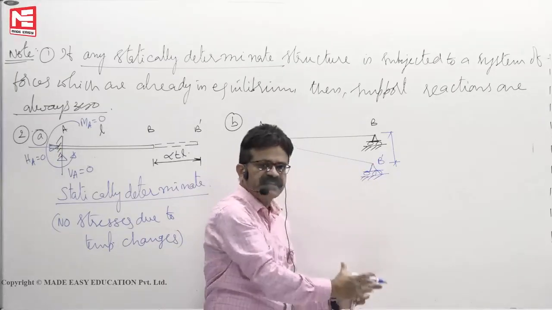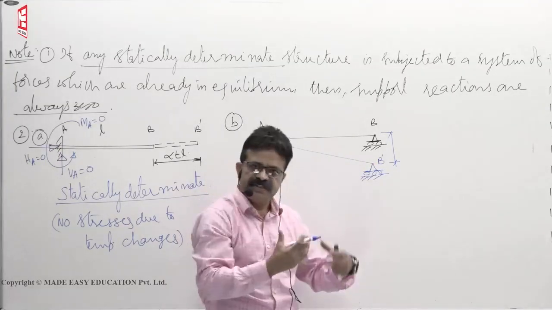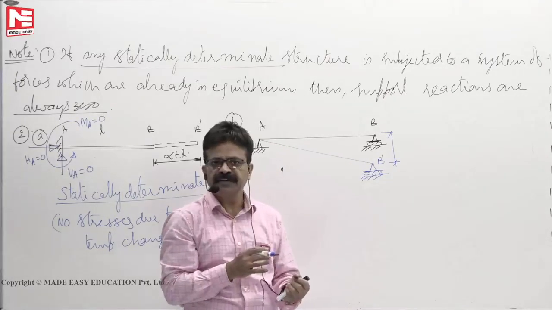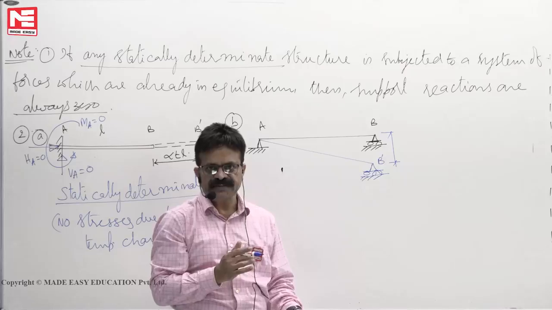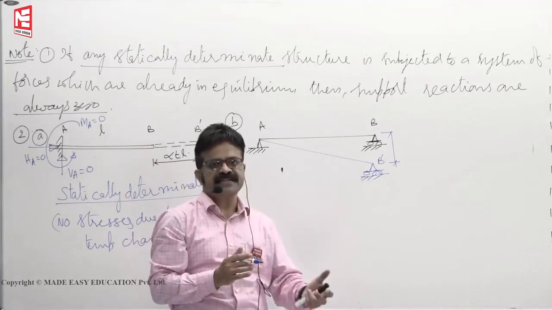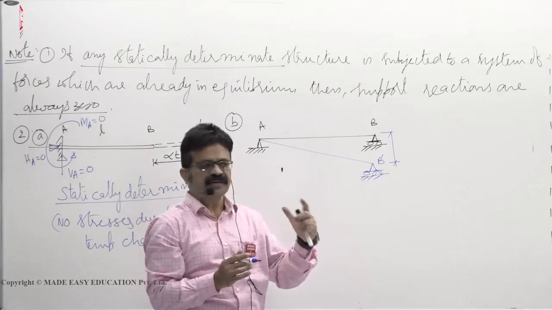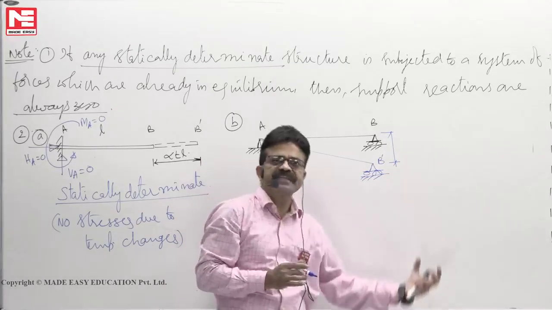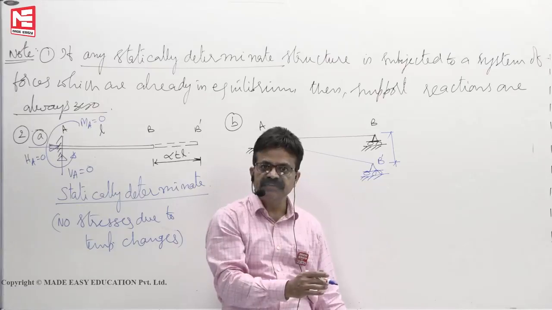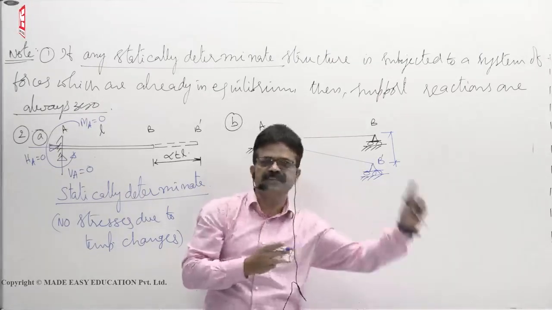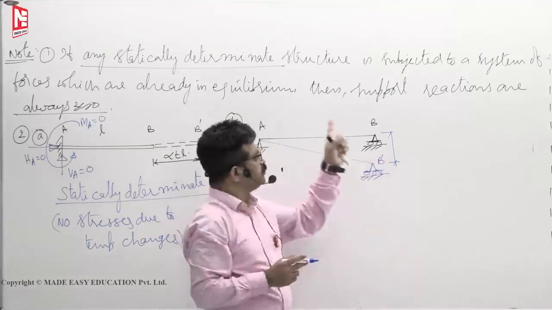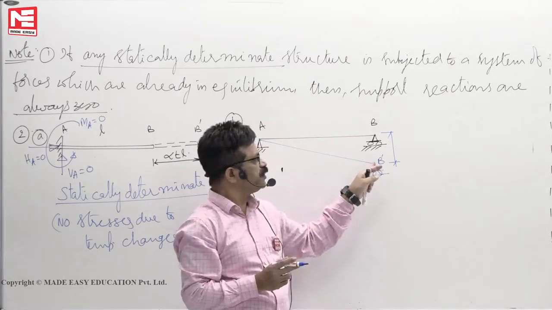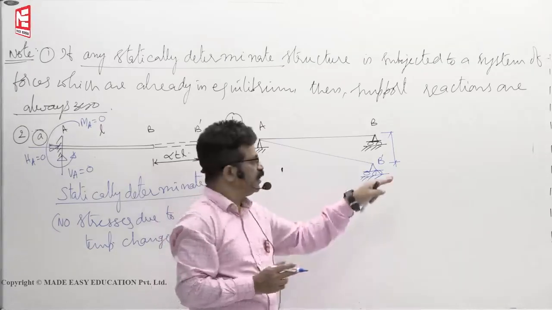This column is resting on a footing. That footing is resting on soil. If the soil goes down, why will the soil go down? Maybe liquefaction of the soil, or the water level rises, so the strength of the soil is reduced. So this footing associated with that column, both are sinking down. See, that is sinking down not because of load on this one, but because of some other problem, not in the control of the beam. If it is going down, this roller simply goes down with that and it will rotate here,